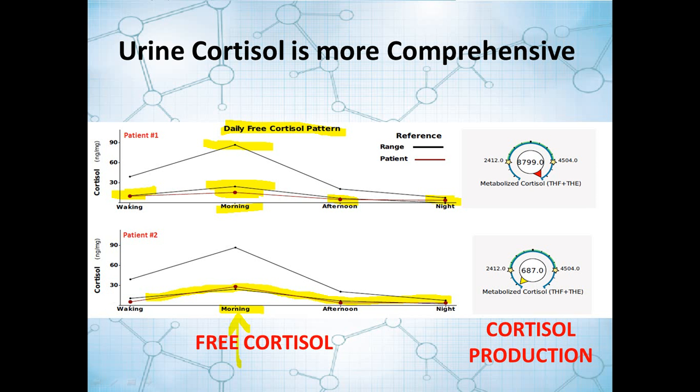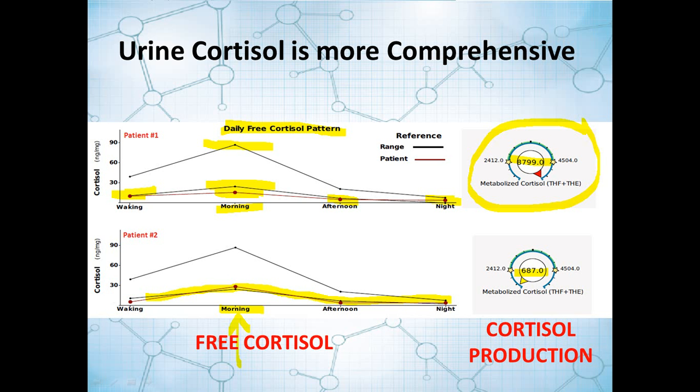Look how big these numbers are. These numbers are in the same units. Okay, so that's your better marker for cortisol production. These two patients who look very similar in free cortisol are very, very different. Okay, this top patient is obese, and obesity increases cortisol production, but it also increases cortisol clearance. So now you've got this dichotomous situation where the production is very, very high, but the circulating cortisol may not be that high. The bottom case is somebody who is actually taking a glucocorticoid, which had suppressed their cortisol,